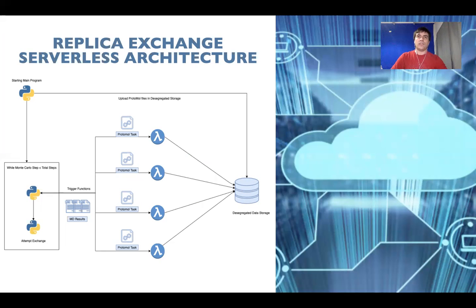On the other hand, this architecture does not support direct communication between processes as WoSC does. Therefore, we require an external storage to save the file that Protomol requires to work properly. As a consequence of this, at the beginning of the Monte Carlo simulation, the main program will upload these files in the storage, and then each serverless function will read its corresponding file in order to complete the assigned task